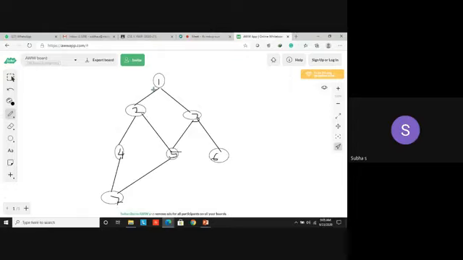In a breadth first search, we are using the level order traversal. Initially your root is at level 0. Then you find all the adjacent vertices of 1, which are 2 and 3. You visit first 2, then 3. This is level 1. Then you come to the second level and visit all the nodes in that particular level. This is level 2. Finally, you reach level 3. This is breadth first search. But now, see here.